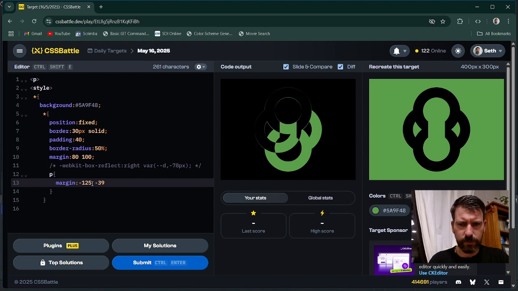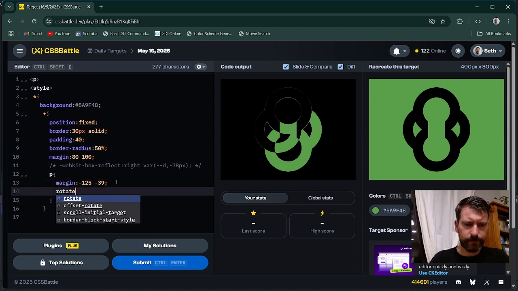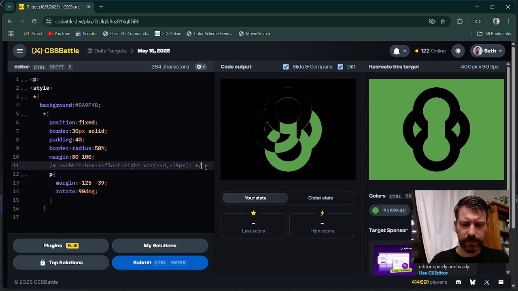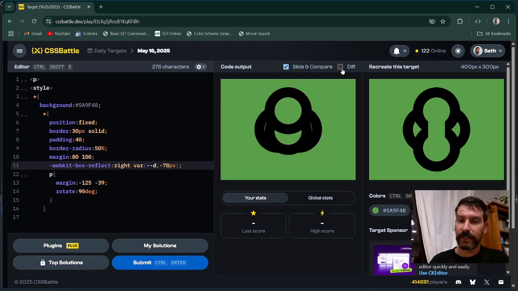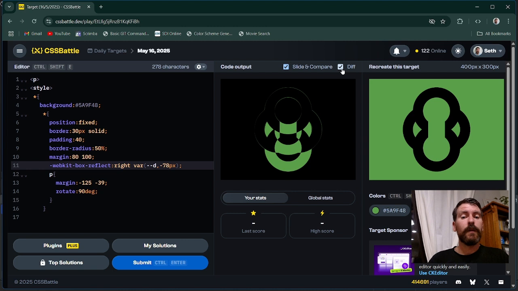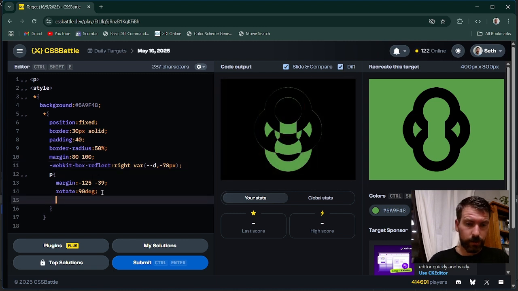Why is it such weird numbers? Okay. There's that. And then we're going to hit this a rotate 90 degrees. And then when I uncomment this, all those circles should be downwards. They are downwards, but we just have the one, which is good. So dash dash D, and then,